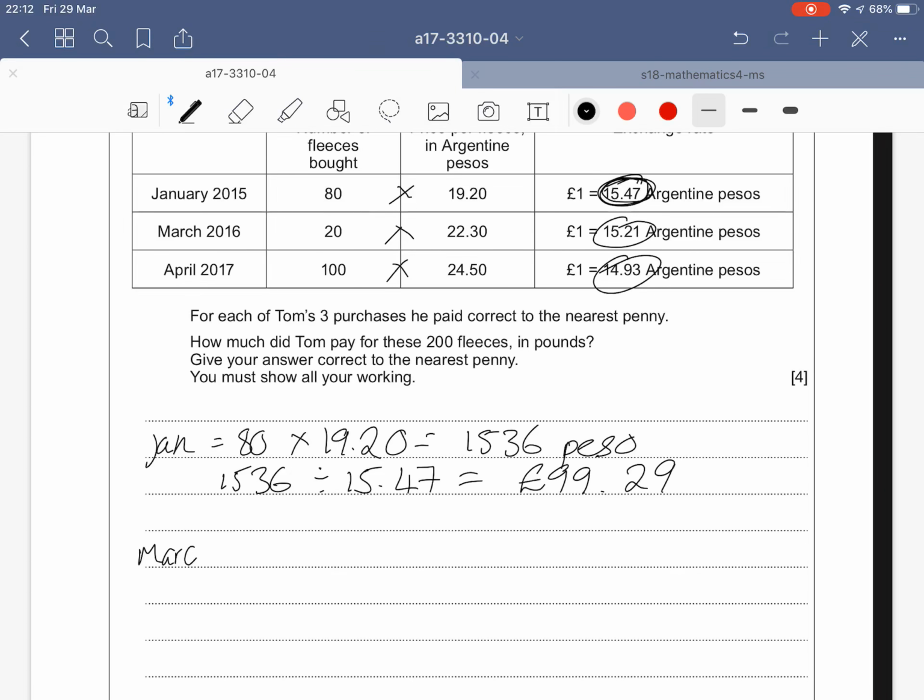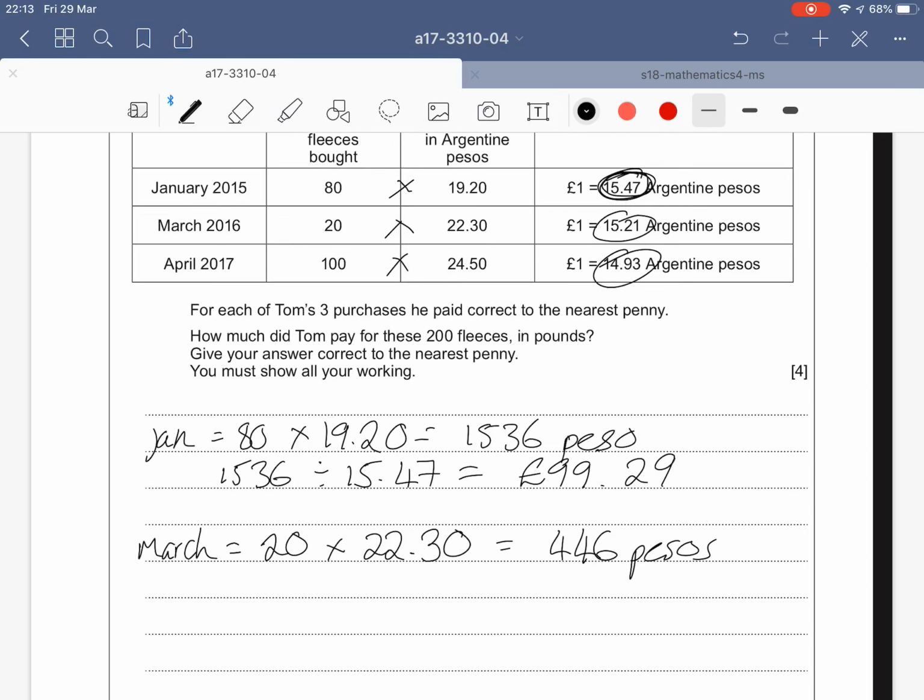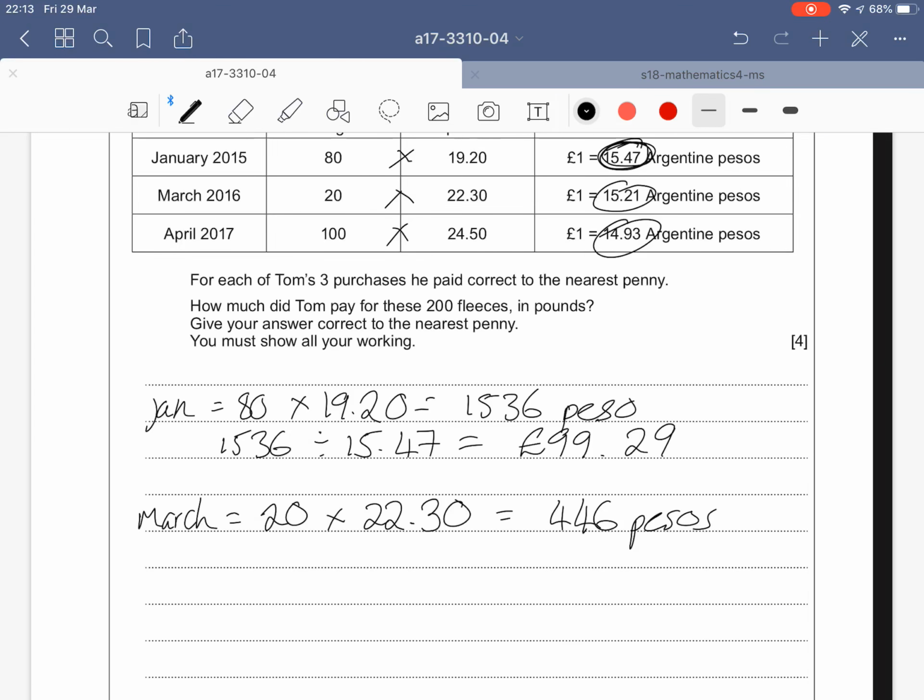In March, he buys 20, and they are 22.30 pesos. That gives you 446 pesos. Again, we want that in pounds, so our new exchange rate is 15.21, so we divide that by 15.21 to get it in pounds, which is 29.32. And then April,